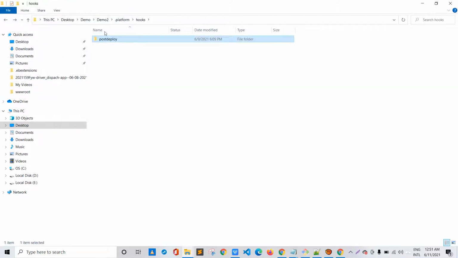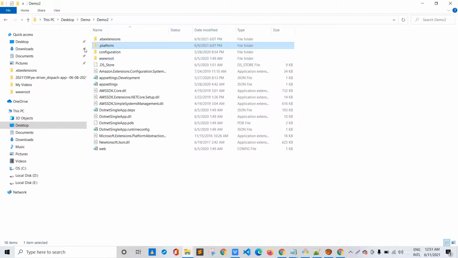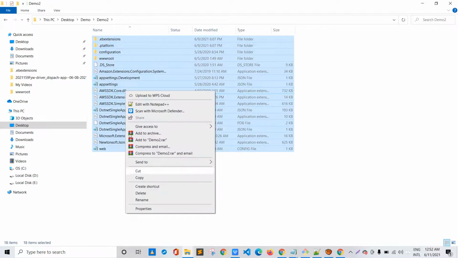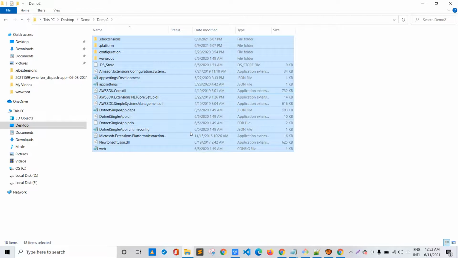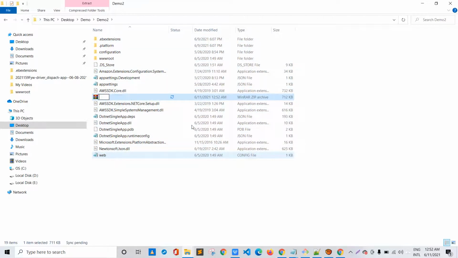So I am deploying all the commands or all the files by including all of them. I'll select all, go to send to, compressed, let me name it demo 2.2, and just